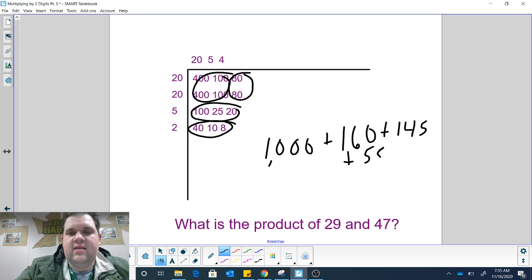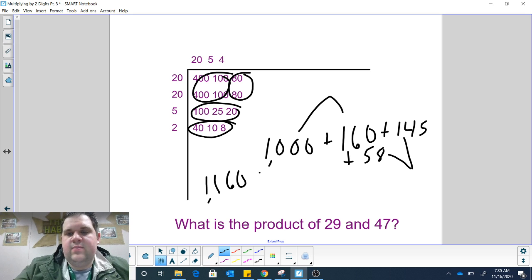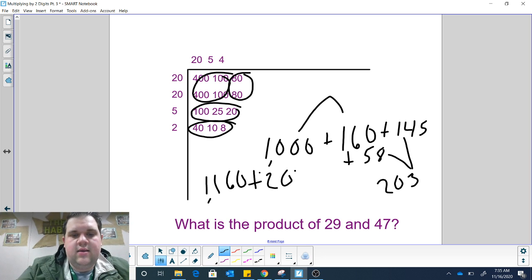So now I'm going to combine all of these. 1,000 plus 160 is 1,160. 145 plus 58 is 203. So I'm going to do 1,160 plus 203. If I combine these, I get 1,363. So my answer is